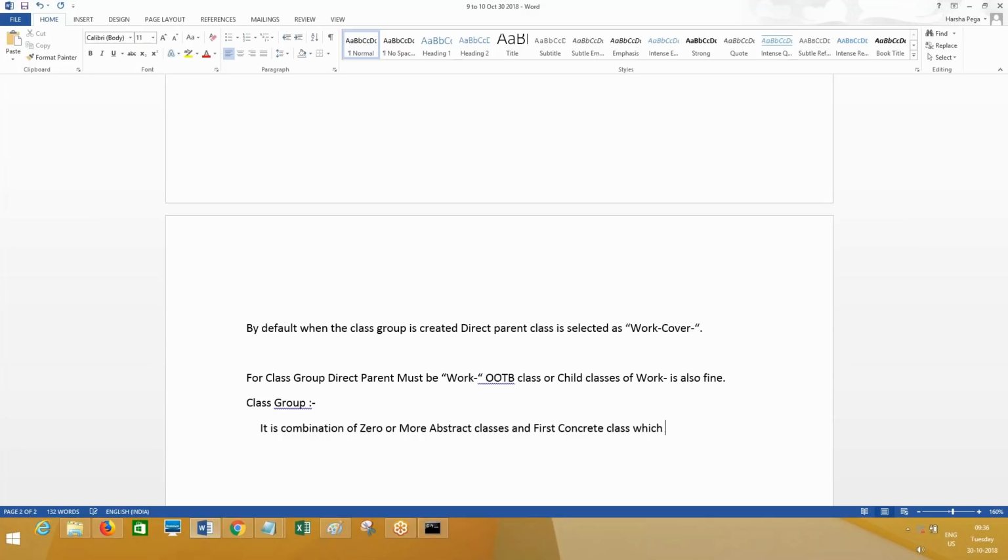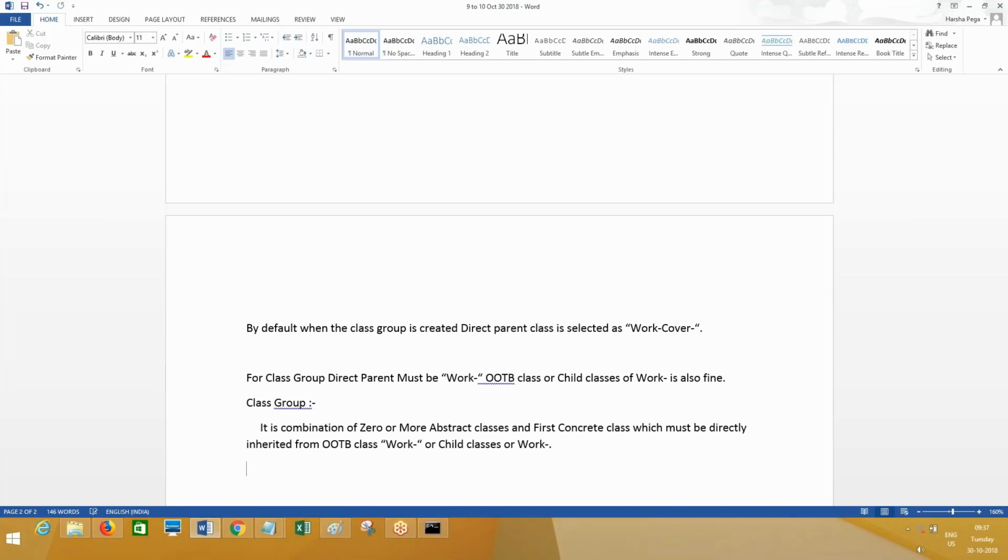The first concrete class must be directly inherited from the ODB class. What is that? Work dash or child classes of work dash.